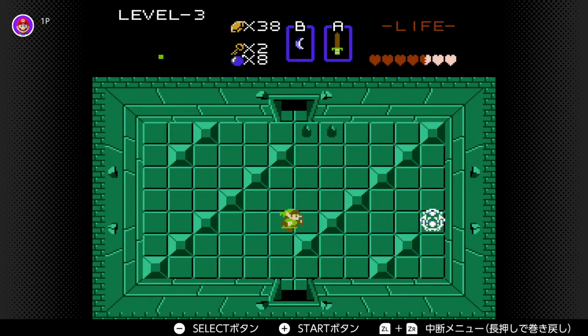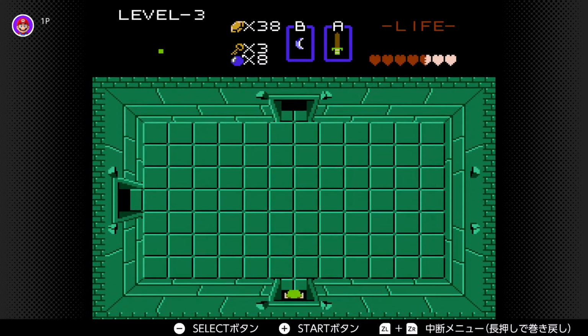Like such rooms, there could be some bombable walls on the sides, but let's ignore it for now. Could be just a waste. Oh boy, and we get dark nuts. In this game,